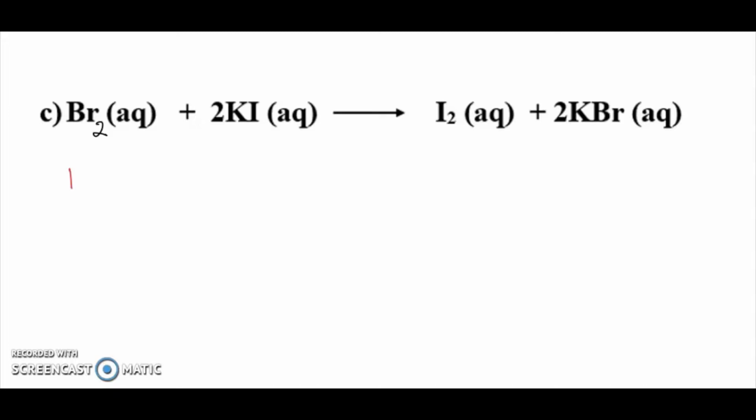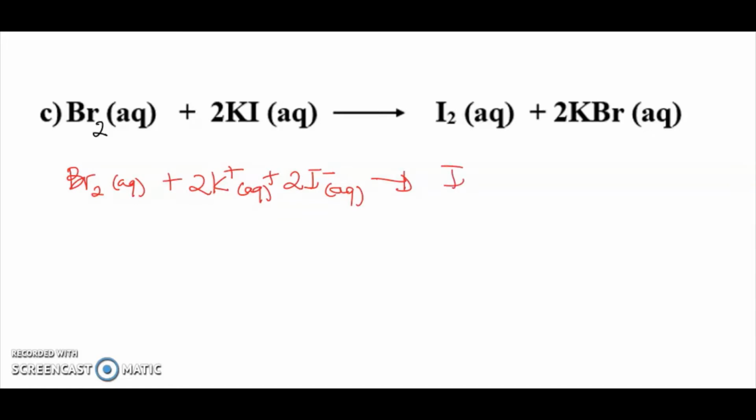We would have Br2 aqueous plus potassium iodide. It is aqueous, so we're going to split it up. Iodine is in group 7, so here we shall have 2K+ aqueous plus 2I- aqueous to form